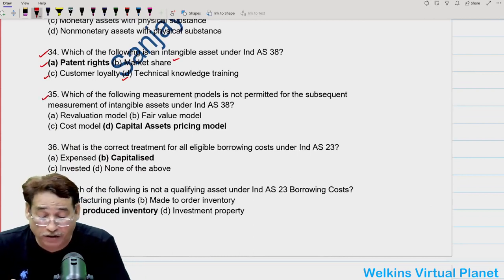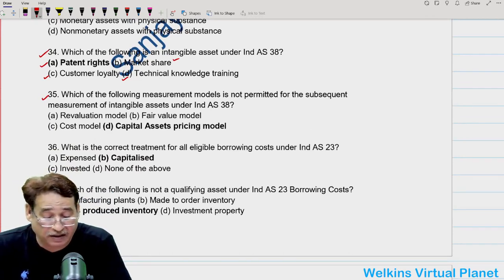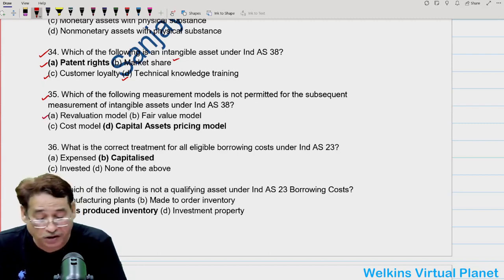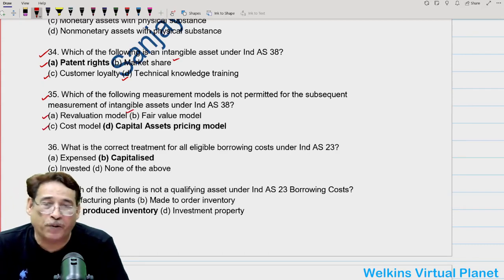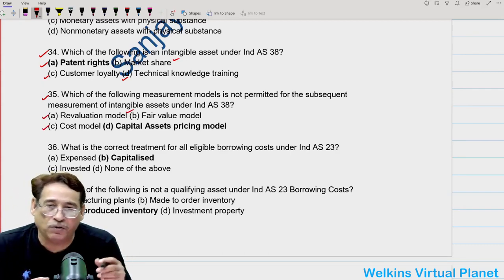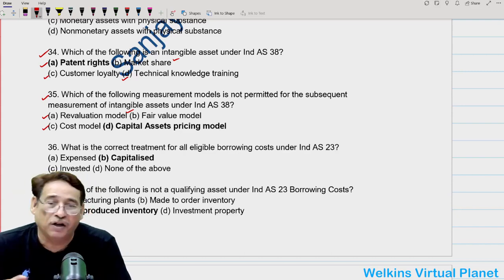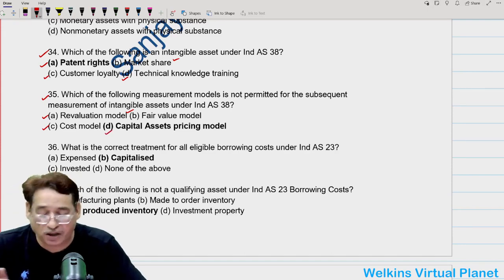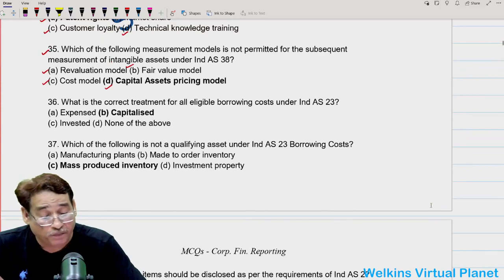Which of the following measurement models is not permitted for the subsequent measurement of intangible asset under Ind AS 38? Honestly speaking, under Ind AS 38, you can use revaluation model, fair value model, cost model, but capital asset pricing model is a term generally used under financial management, correct? So your answer should be D in this particular case, because this model is not